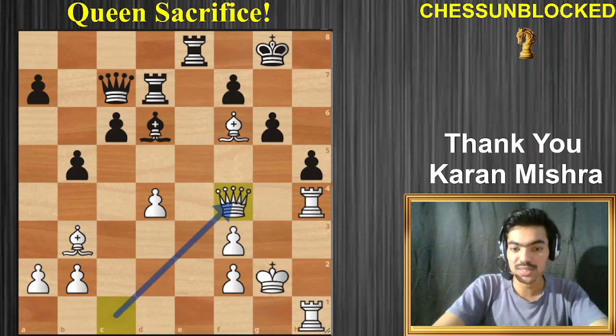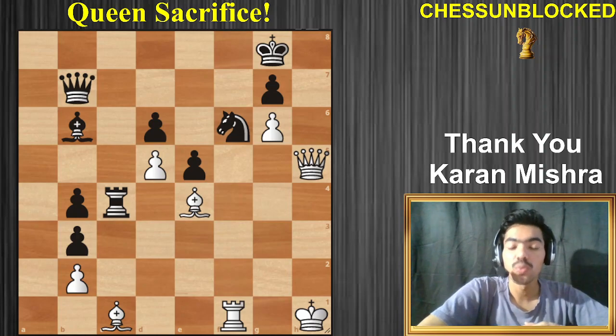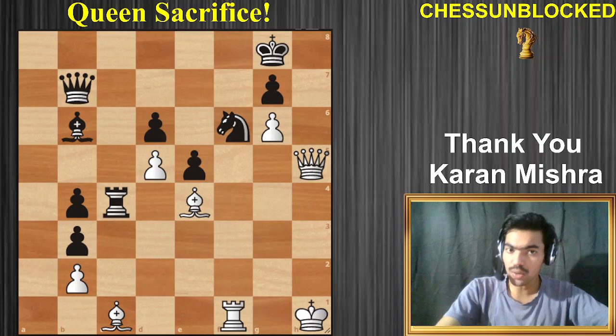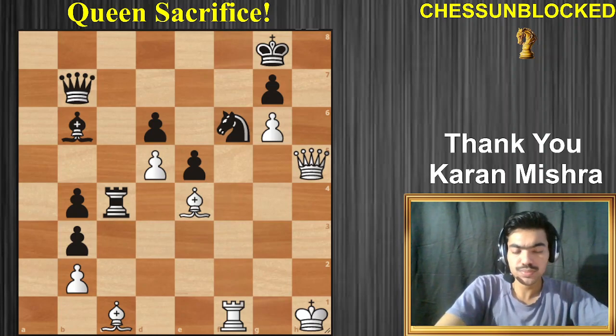Alright, let's jump on to a second queen example of the day. Here comes our next example. White to play, win the game. And when there is so much build up against the king, around the king, there has to be something. For example, a queen, a bishop, and a rook alongside the